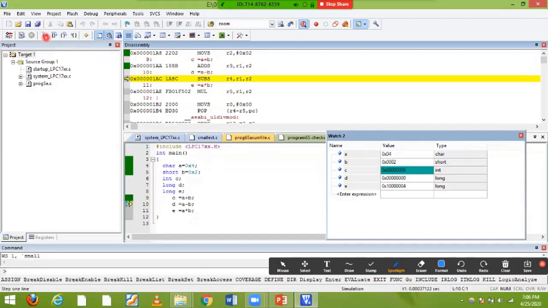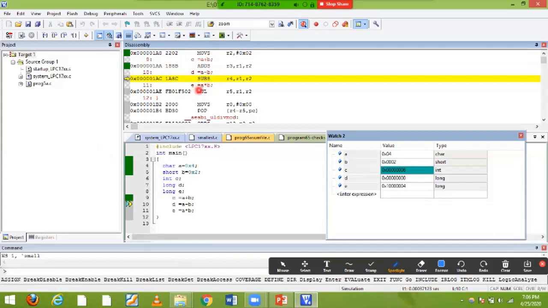Next it is C. C is nothing but A plus B, right? So here you can see how it works. What instruction am I going to use? ADD into R3: R1 is the first value, 4, and R2 is 2. Now when you add these two, I'll get 6, and it will be stored in R3. We are not going to mention R1, R2; my system takes them and converts my C language into this assembly.